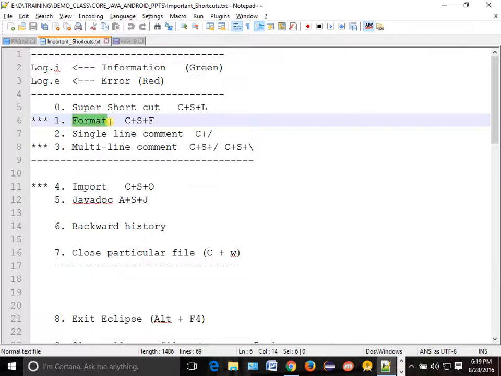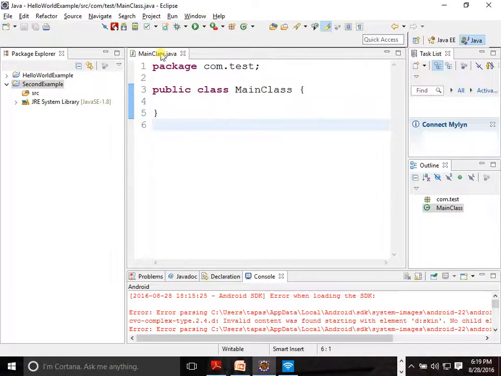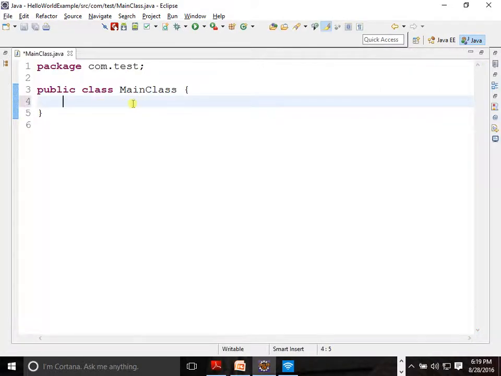One of the shortcuts we will see is called formatting. Let's go over there. Suppose I want to run this code. What is our entry point in C++ code? Int main or void main. In Java, what is your entry point? Public static void main.